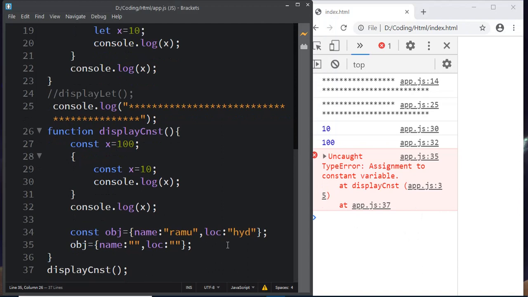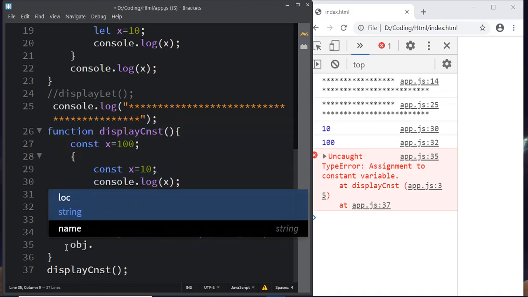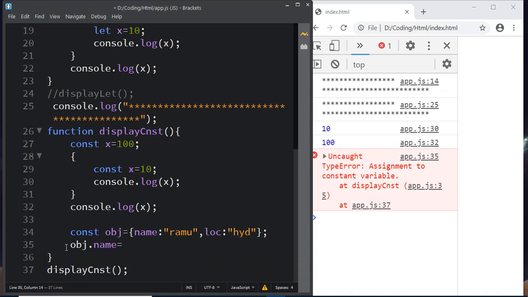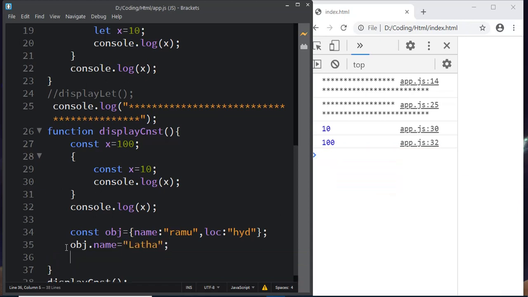So how to modify the object here? We can do it like this: obj.name equals Lata. You can see it won't give any error now, because we are not reassigning the object value here.